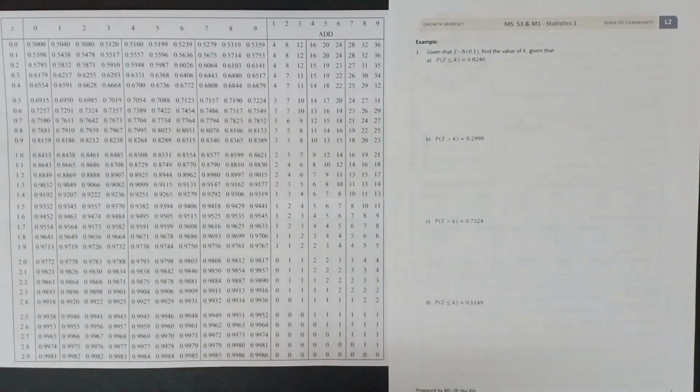Okay, alright, so number 1, given that Z is normally distributed with mean 0 and variance 1,